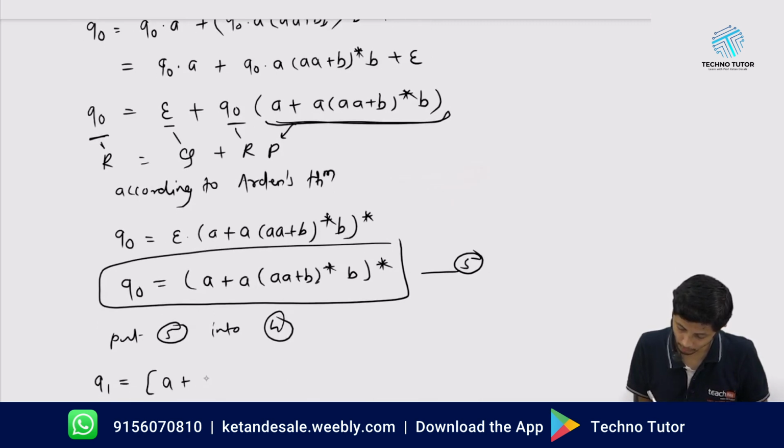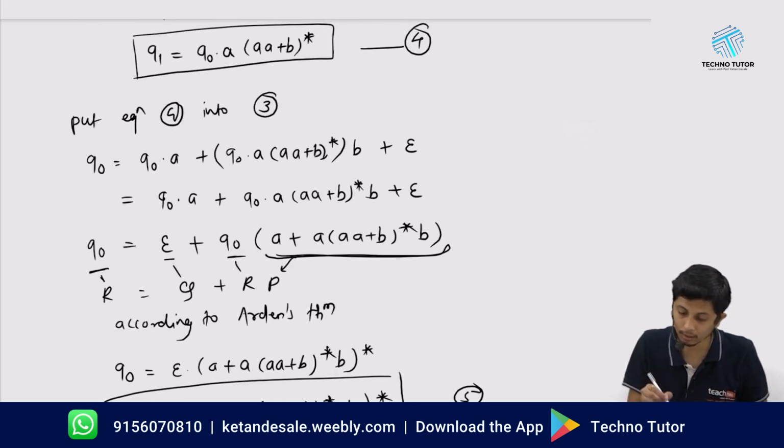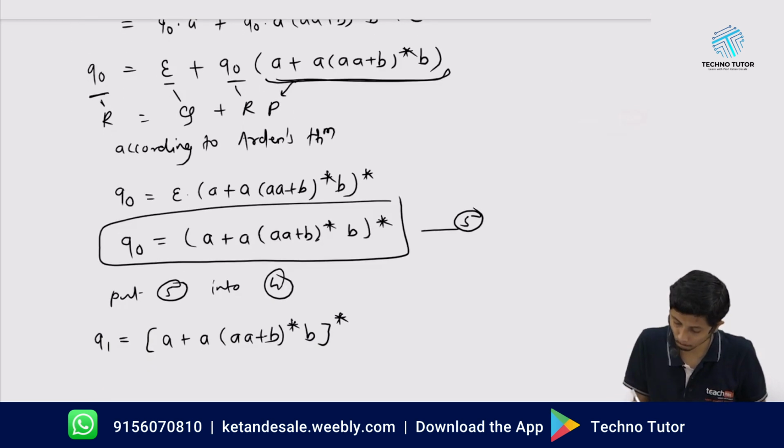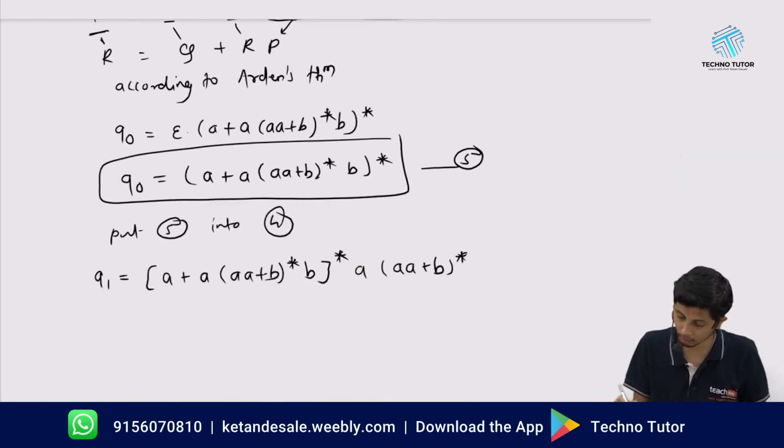So A plus A into A plus B into B raised to star. ये हो गया हमारा Q0 dot, ये वाला expression I am referring, A to A plus B raised to star. Okay, so this is now the value of my Q1,